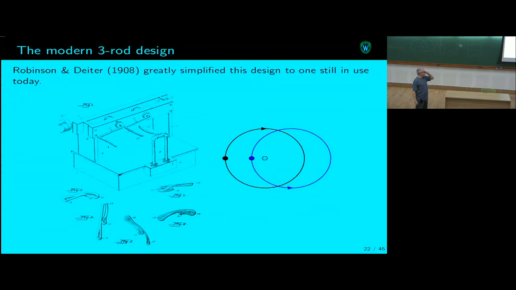The first proper three-rod one was by Robinson and Dieter in 1908, and you can see they have the basic idea, right? They have the right idea of having a fixed pin and then two moving circular motions like this one. And we start seeing also something that I really appreciate, which is people start making very nice draftsman pictures